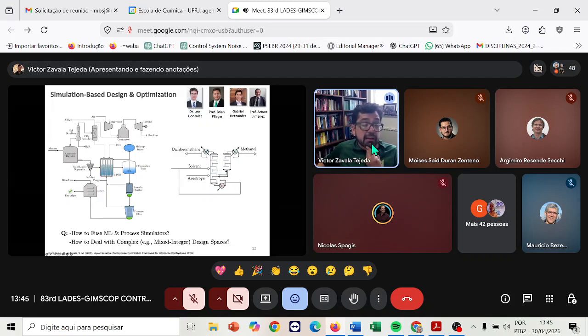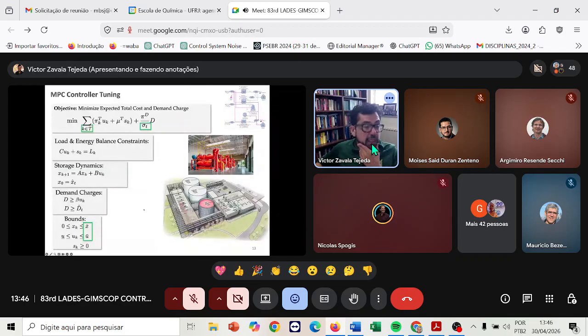A little bit later, I'm going to show you as well this interesting idea of how you deal with process design tasks where the challenge is that you have mixed integer variables. I'm going to show you how we can encode these mixed integer variables using some of these machine learning models, and how you can use that to accelerate some of the design calculations that we have available. All right, the last